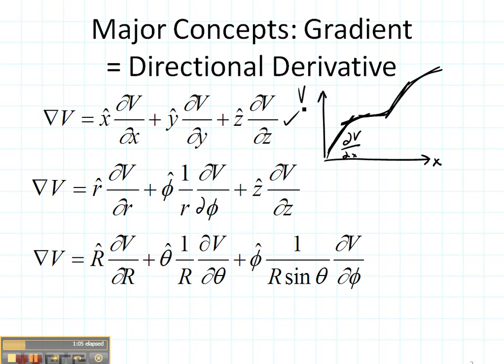You probably are very familiar with the gradient in rectangular coordinates, having calculated that in your calculus class. And here is the function for the gradient in the cylindrical and the spherical coordinates as well. The thing to note is in cylindrical coordinates, right here we have a 1 over r function in front of the derivative with respect to phi, and over here in the spherical coordinates we have that in front of the theta term, and we have the 1 over r sine theta in front of the phi term. The back of your book has these functions so that when you need to make the calculation of gradient in any of our coordinate systems, you can easily refer to these equations.